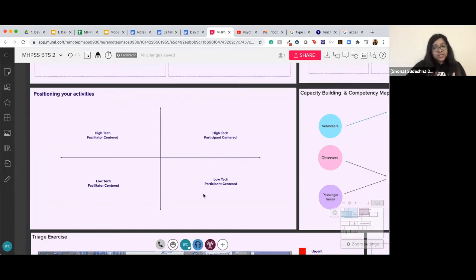And when you go to more participant centered formats, you maybe involve them in a group discussion like we did in the beginning in terms of asking the participants to share their opinions and start using technology as well.